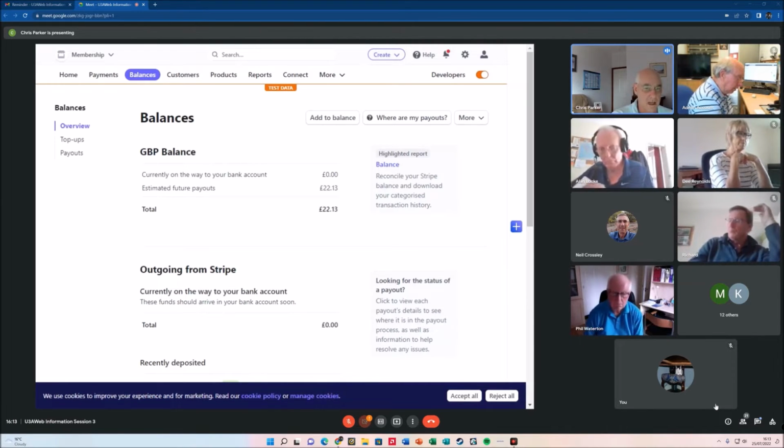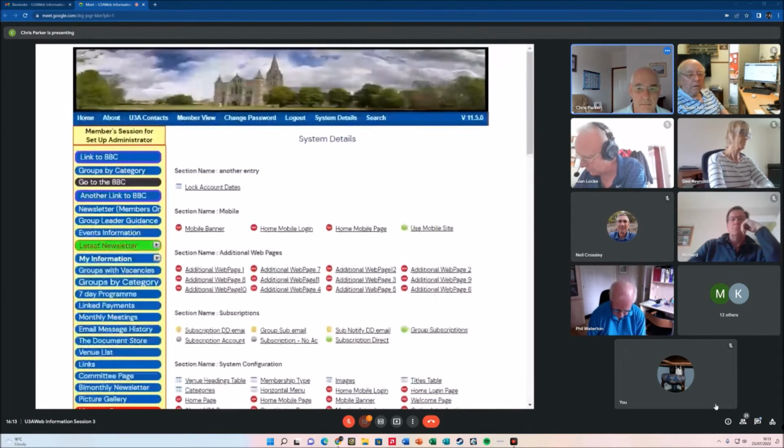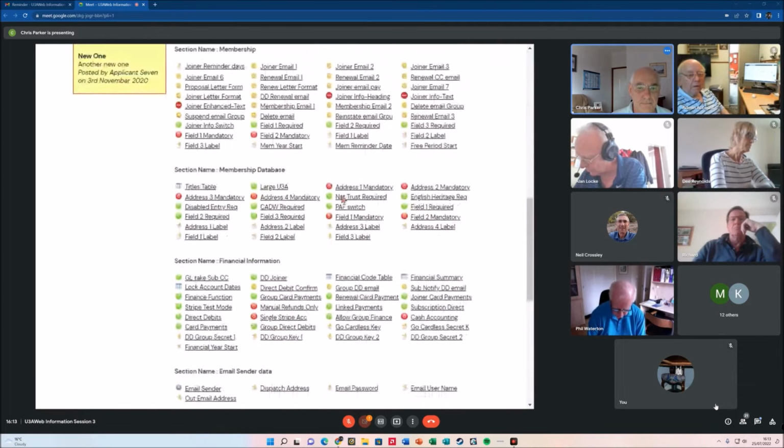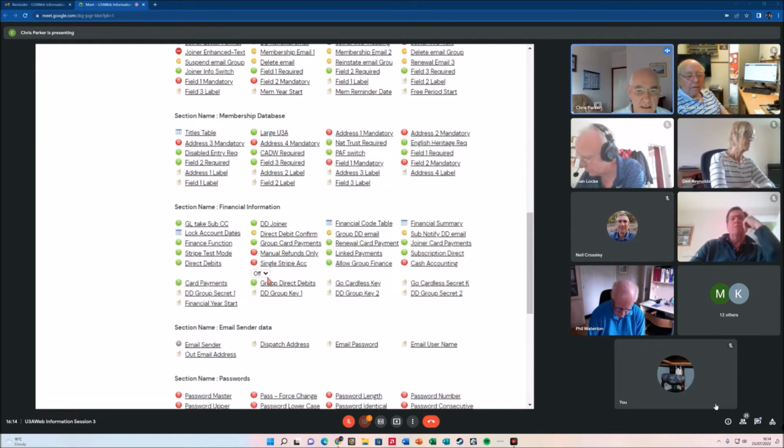Sometimes you might want to have a single Stripe account for multiple U3AWeb sites, but you want it all to go through a single Stripe account. In which case, I'll go back to U3AWeb system details. There's a switch here, and if I can find it, there it is. So at the moment, single Stripe account is set to off, but if I set it to on,